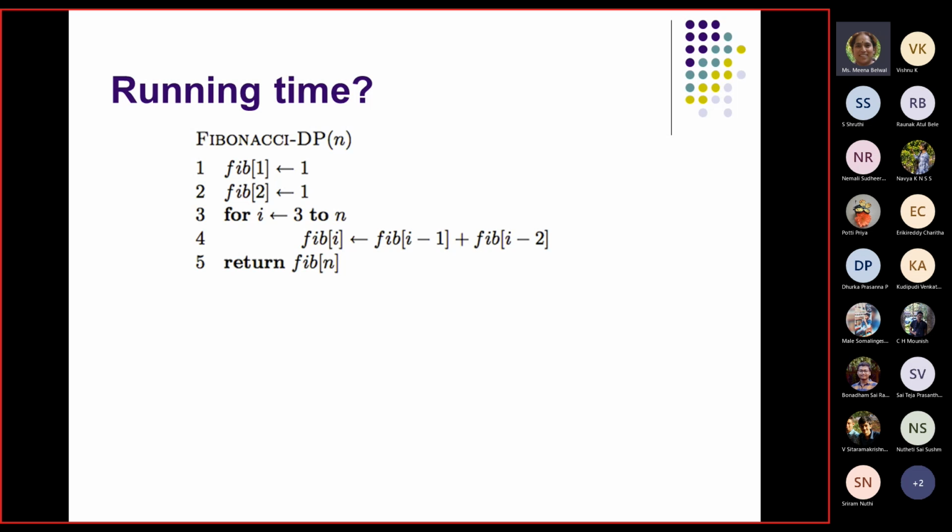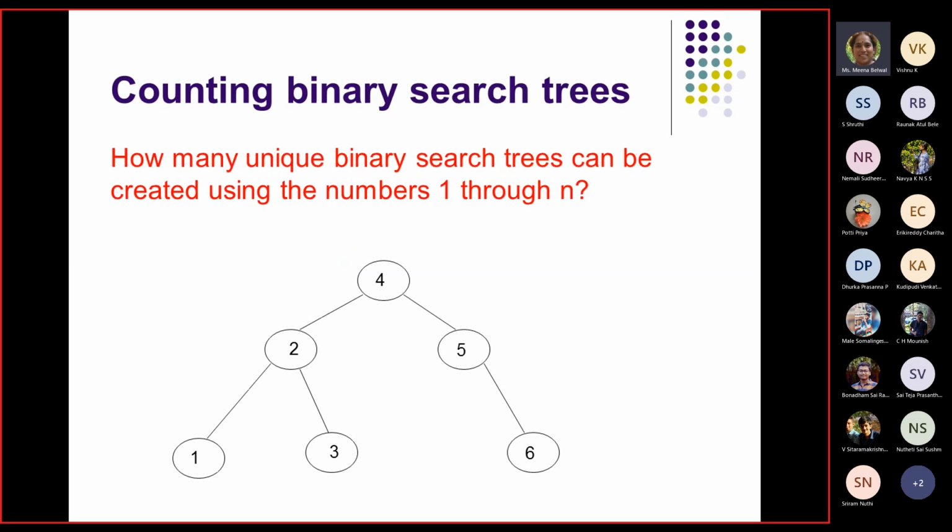So what is the running time now? What should be the running time now? Just one for loop, so I can call it O(n). Not just Theta(n), it's O(n). Just a for loop, and every time you are updating the array, you are picking it from the array. So fine, that's the running time.